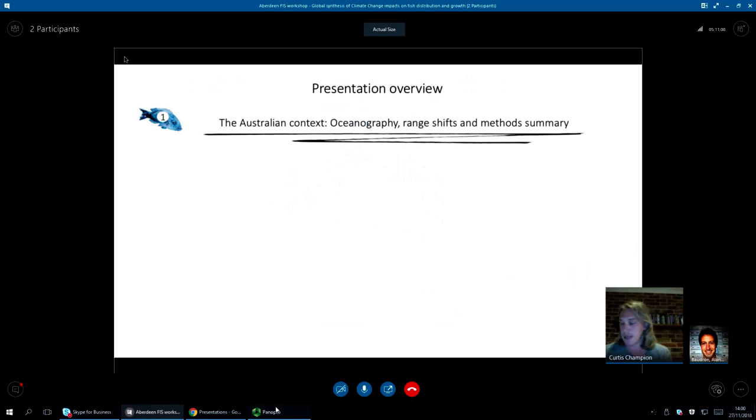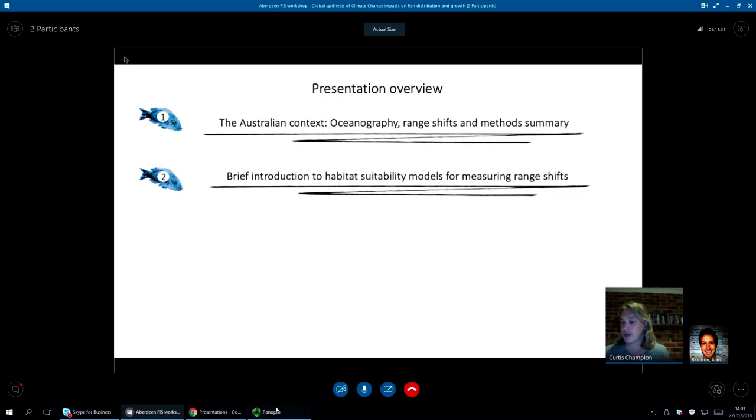approaches. So just to give a quick overview, I'm going to begin my talk by discussing range shifts in marine fishes from Australia. And although I know Greta's touched on this a bit already, I'm going to really specifically just focus on the methodologies that have come out of the Australian literature and have been used to measure these distribution changes. I'll then move on and hone in on some habitat suitability models, and I'll specifically provide a very basic introduction to these. It looks like there's some great talks later on in the afternoon over there that will probably get a little bit deeper than I will on those, but I just want to provide somewhat of an introduction